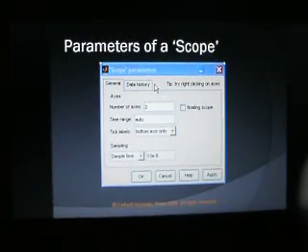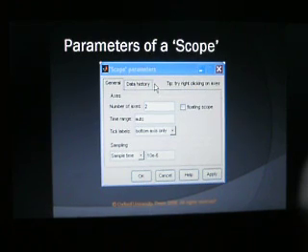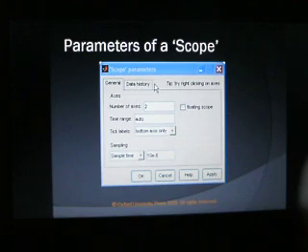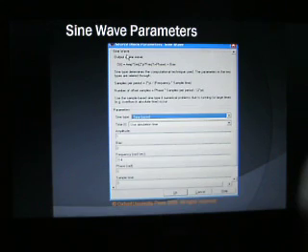When you double click on the scope block, the following window will open: scope parameters. In this we have put the number of axes as 2, time range as auto, tick labels on bottom axis only, and sample time as 10 to the power minus 6. Similarly, we have set the parameters for the sine wave.